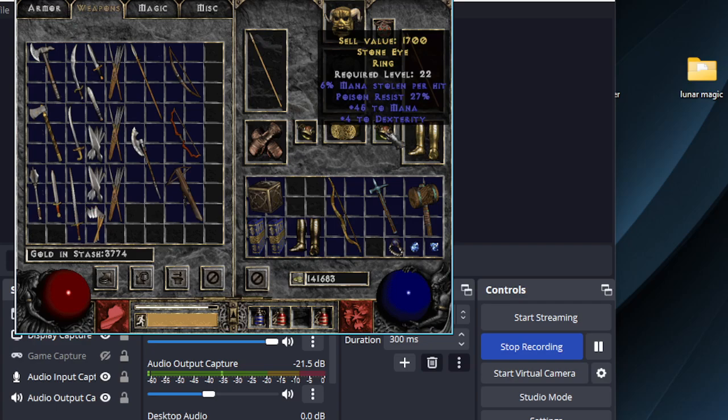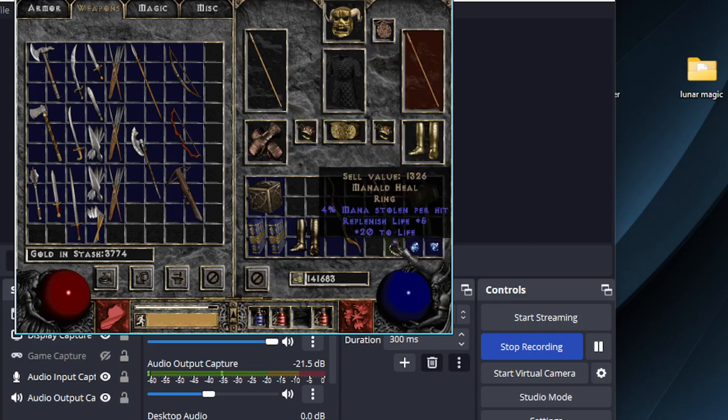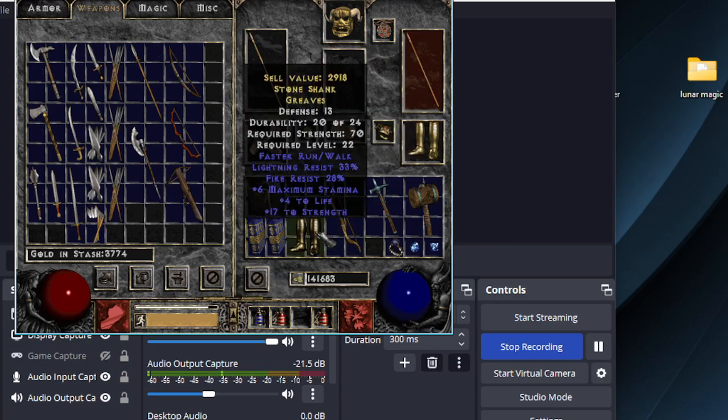And I upgraded this ring slot to plus 45 mana and plus 6% mana steal instead of plus 4% mana steal. So mana will not be nearly as much of an issue. This boot, no good. So